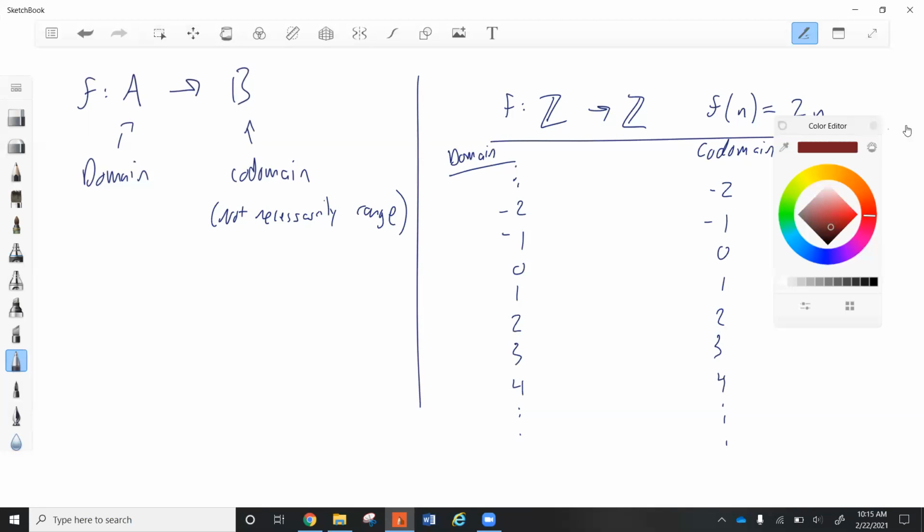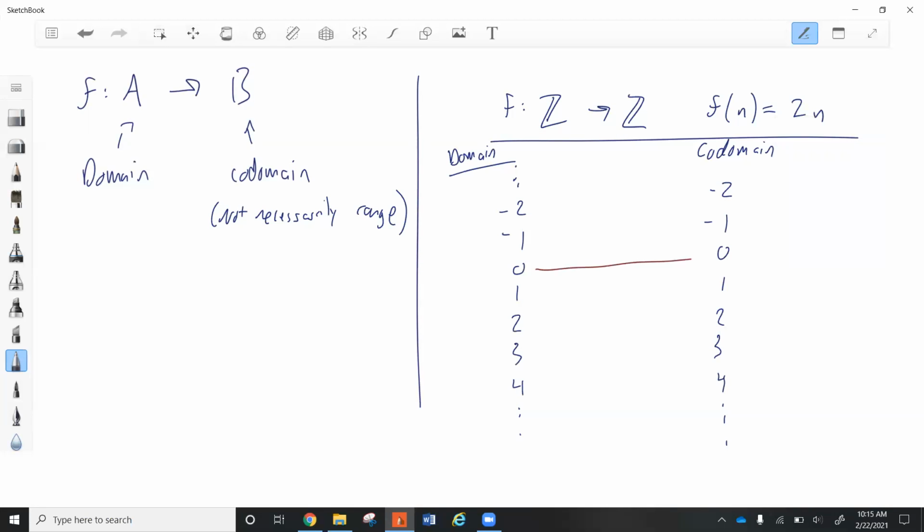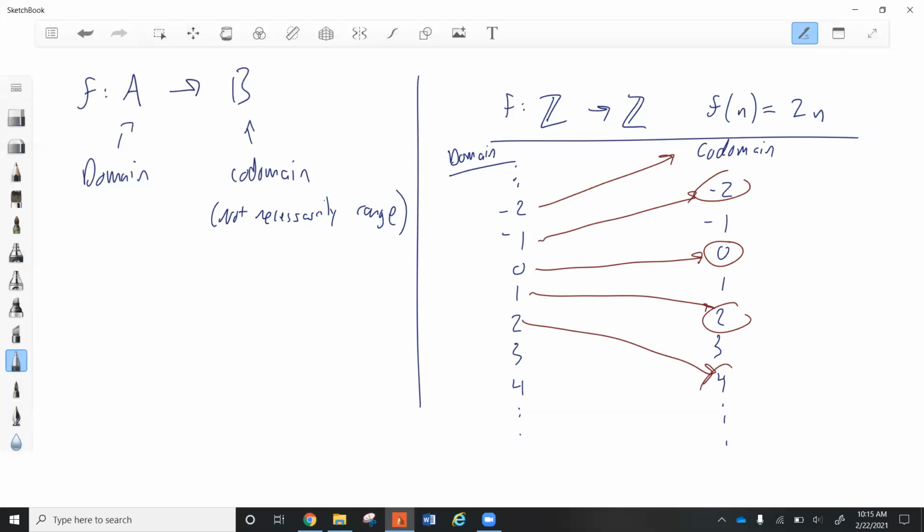The function maps each number to double that number. So 0 is going to map to 0. -1 is going to map to -2. -2 is going to map up there to -4. 1 is going to map to 2. 2 to 4. 3 to 6, and 4 to 8, and so on. What you get is that the range is just even integers,